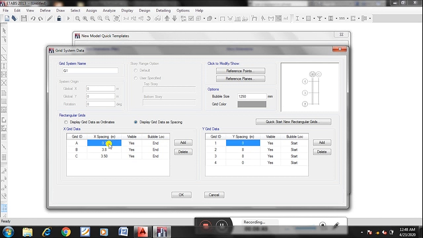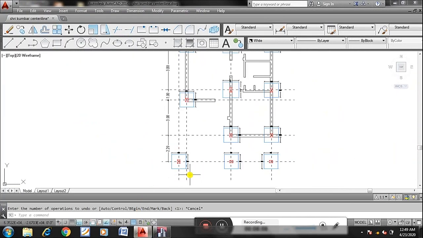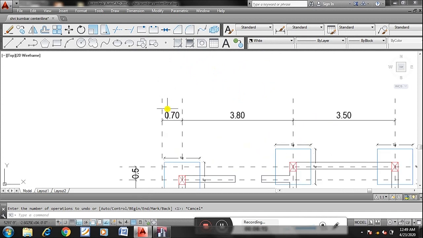Here you can change 0, a to b 0.7, 3.8, like that you can keep. Next 3.8, it is 3.5. Either you directly give the dimensions. Obviously I'll take a equal to 0, a to b. Here I'll take a minute to mention a, b, c, d, and 1, 2, 3, 4.